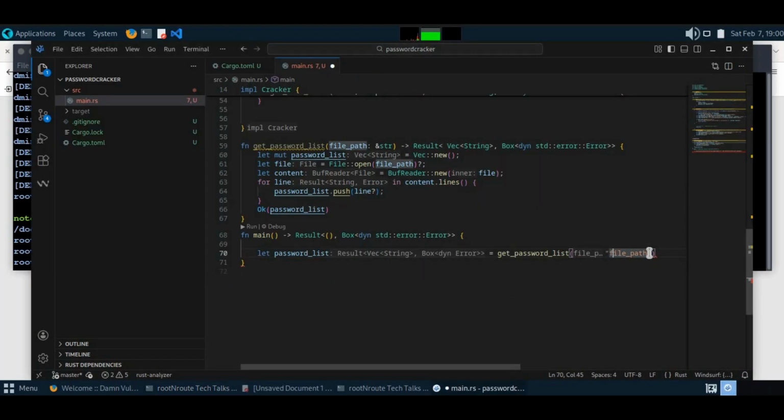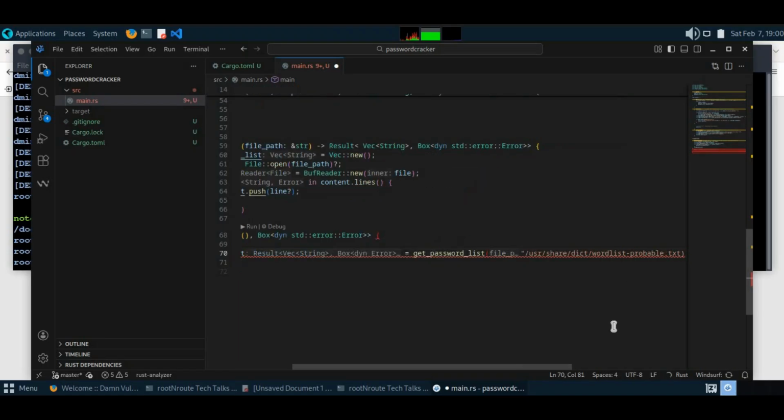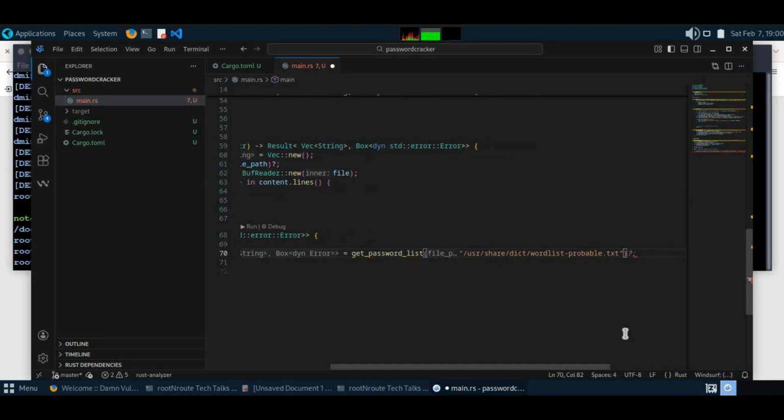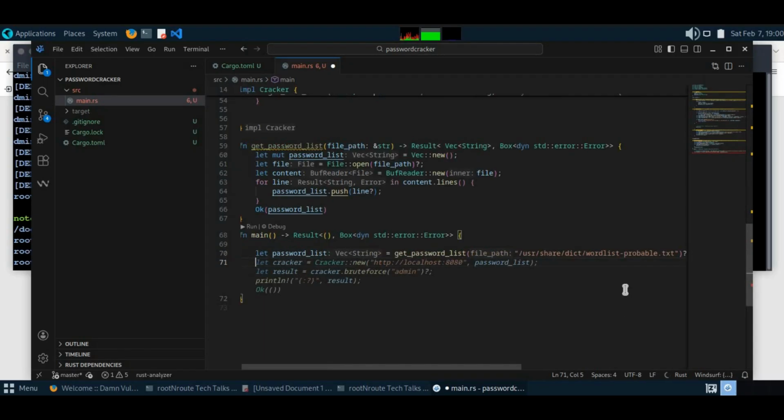So I'm going to use that here. It is usr share and dictionary, and this one, the question mark. So we get the password list, and then we initialize the cracker struct using this, but our